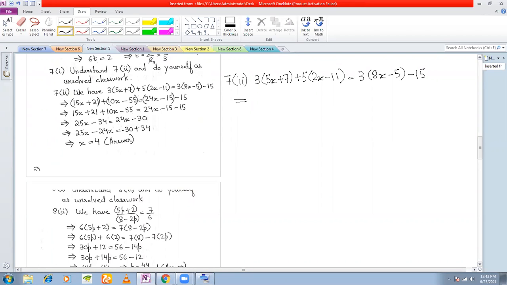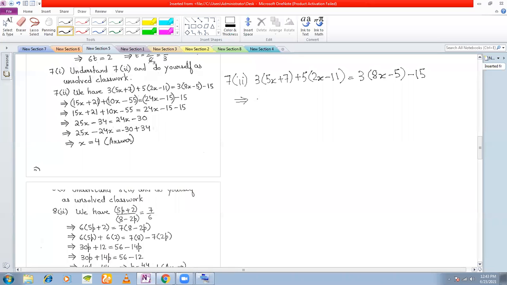So what you do here is, there are no fractions, so no question of taking LCM and no question of cross multiplication. Okay, you proceed as you proceed normally. That is, take x's on one side and take the constants on the other side. Okay, but before that you need to multiply all this.